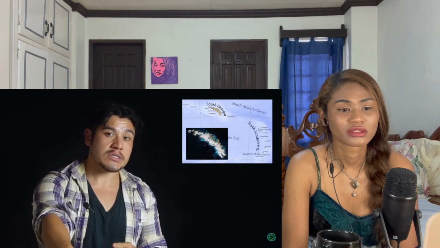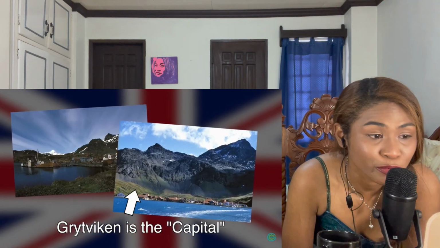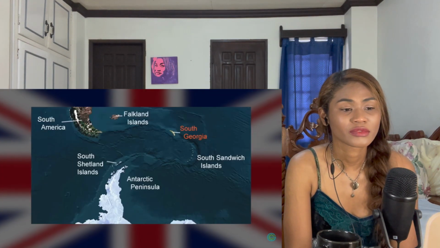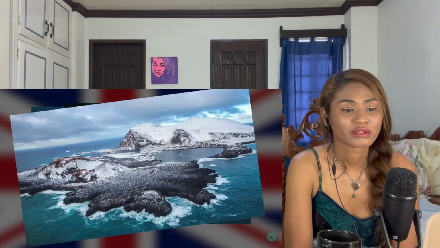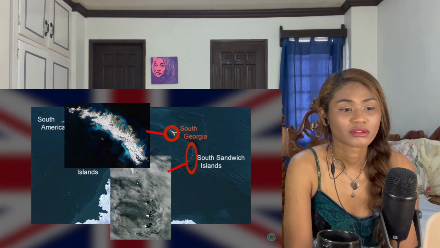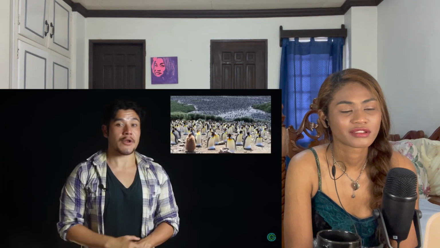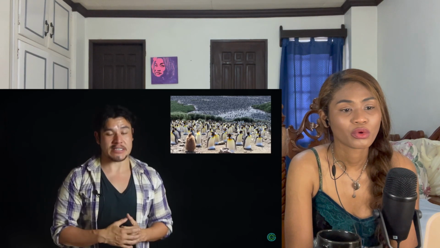As for the South Georgia and South Sandwich Islands, these are temporarily inhabited glacier islands, mostly for research and military patrol in the Antarctic areas. They comprise the largest island, South Georgia, about 106 miles long, 170 kilometers, with multiple bays and fjords. Then you have the 11 Sandwich Islands, which are much colder in climate and some are volcanically active. And all around these areas, you can find fascinating endemic wildlife and plant species.